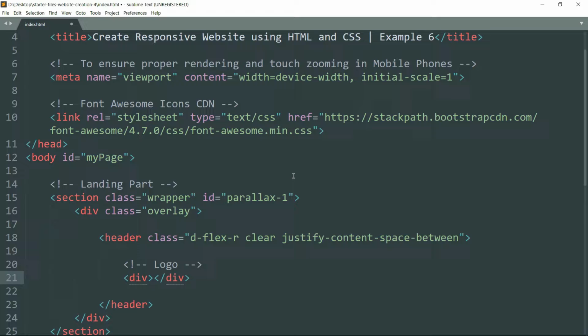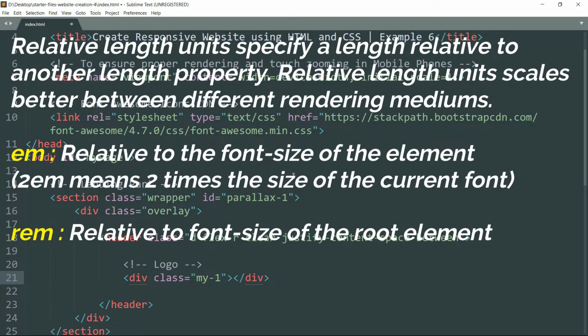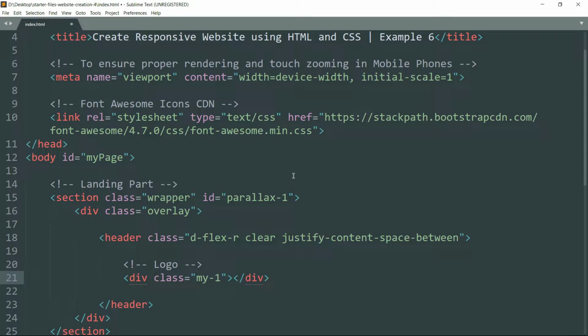For that, we are going to create a div and use class as my-1, and we are using this my-1 class to add margin top and margin bottom as 1 rem. These are some of the helpful classes that we are going to define in CSS and then use throughout the website, because they are going to help a lot in setting up margin and padding right from the HTML without getting in the CSS. Anyway, then ID as logo,